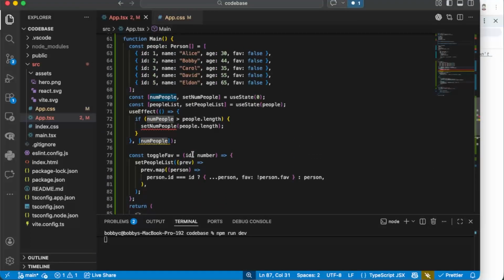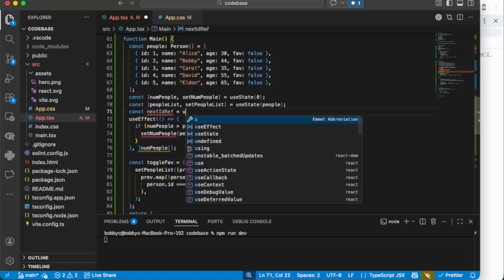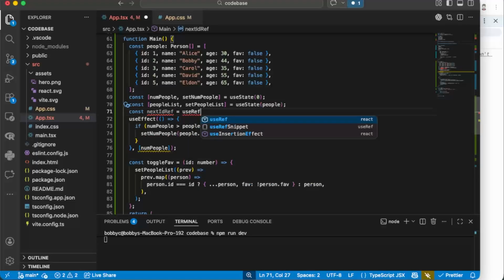All right, so let's talk about one last type of state, which is called useRef. useRef is very similar to useState, except it doesn't trigger a re-render. The way that we use useRef is we're going to create a variable, const, we'll call it nextIdRef. This is going to come from useRef, and we'll start at